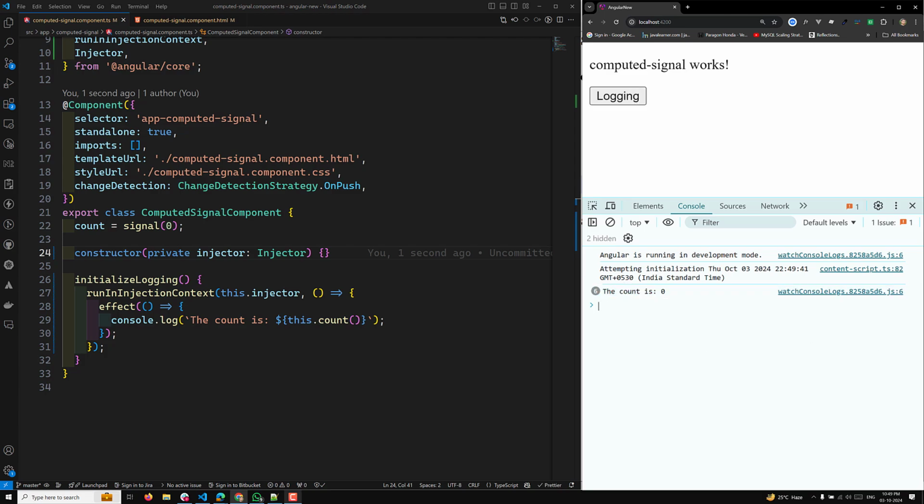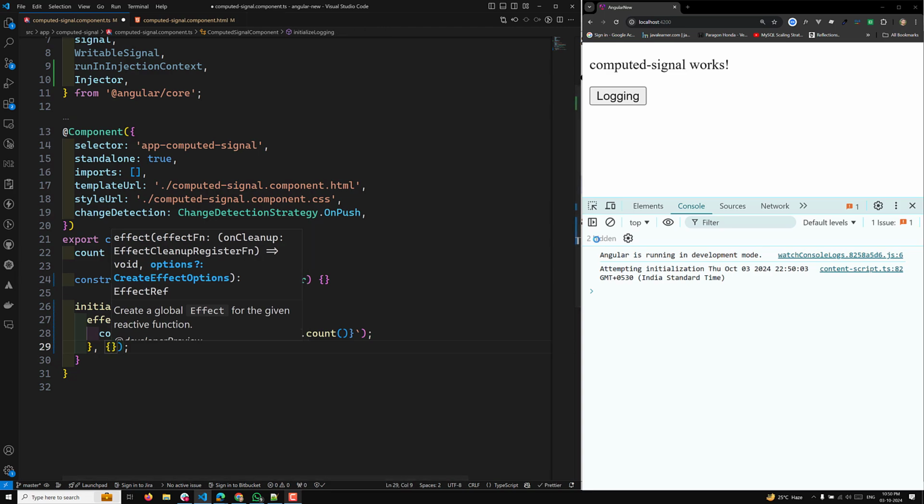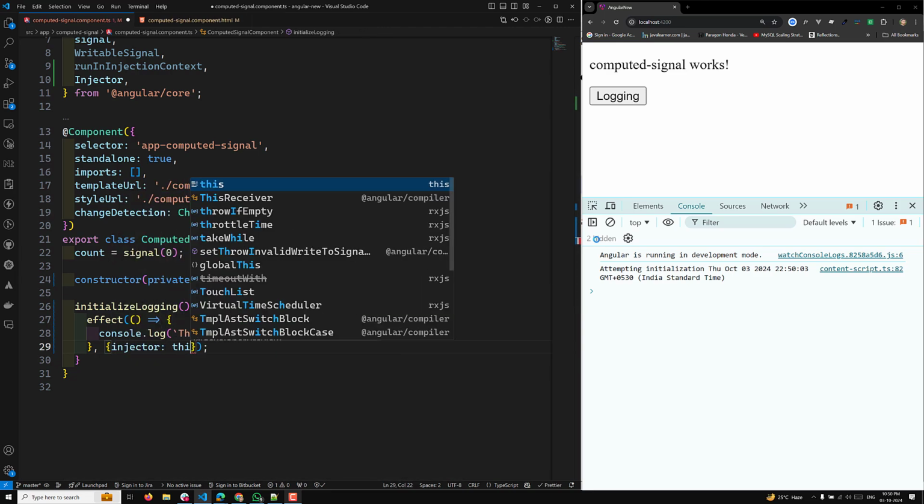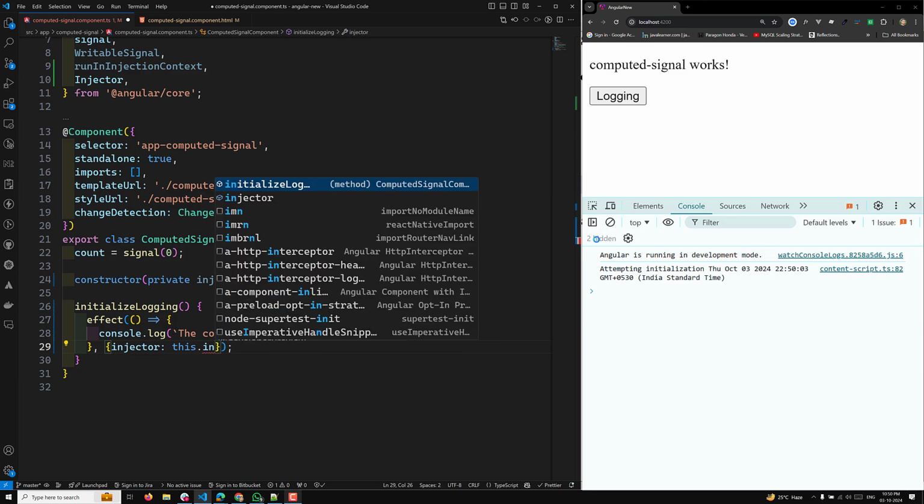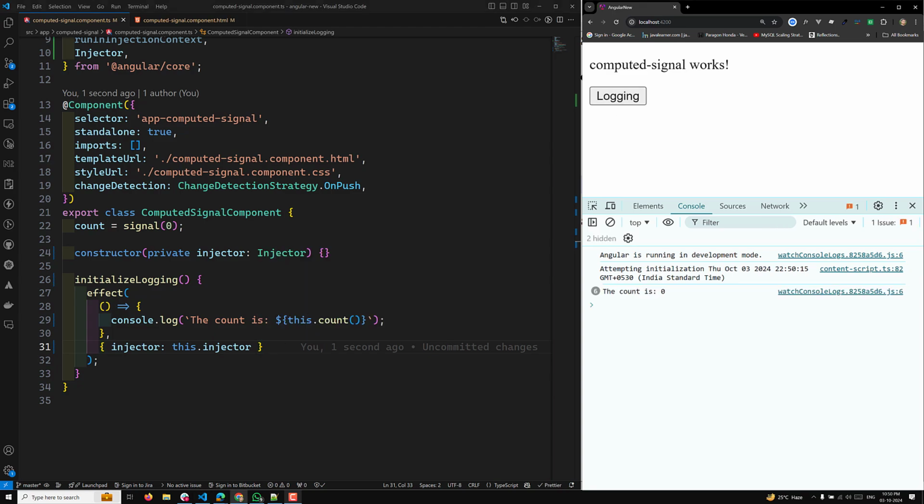That means all the time the effect is executing. Instead of using this run in injection context, you can inject the injector and use the effect like this, where you provide the injector as the second argument, this dot injector. Now if you see the output, you will see the same output. So like this you need to provide the injection context. Here initialize logging is a method that creates an effect when called, instead of in the constructor. The injector is passed as an option to the effect,